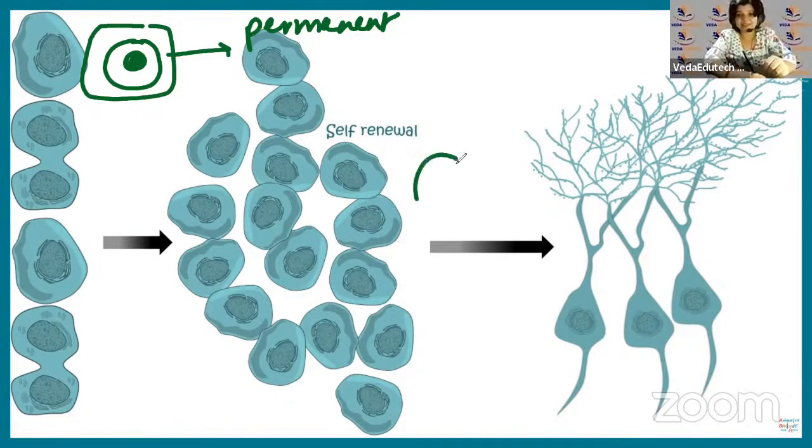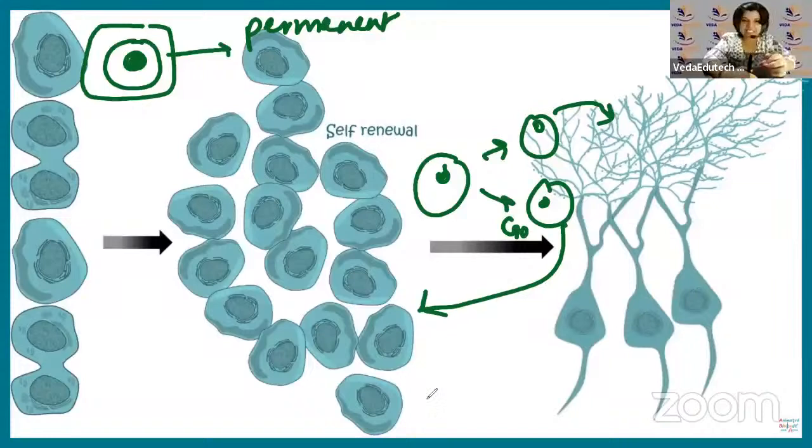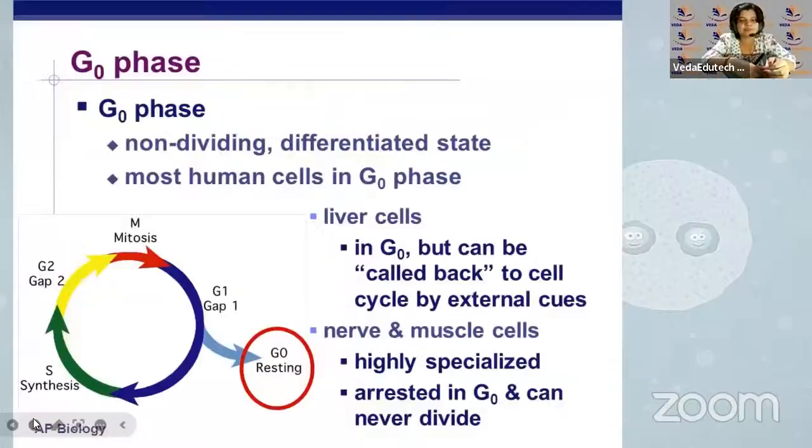So what would a stem cell do? Stem cell will divide. You know? Some of these can differentiate and become neurons. Some of them will stay here, but not divide. Okay, they're there, but they're not dividing. These are the cells in interphase. So they can divide, they can differentiate when they are needed. Okay. I think it is clear, right? So let's move on then.